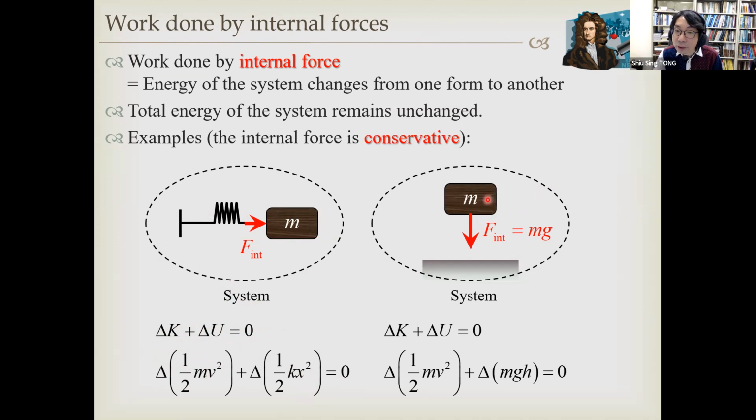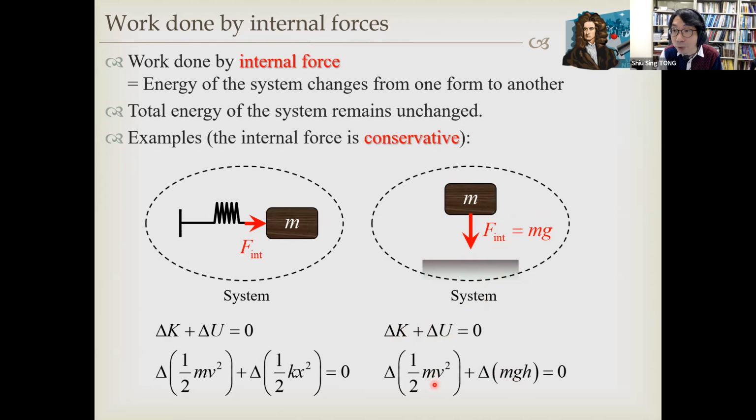I can also consider, for example, a mass moving vertically under gravity. In that situation, the internal force is mg. I now include the Earth also as a part of the system. So the internal force is between the block and the Earth, and that's just mg vertically downwards. And the work done by this force will cause the interchange between the potential energy and the kinetic energy. The potential energy is mgh when you do it near the surface of the Earth, and the kinetic energy